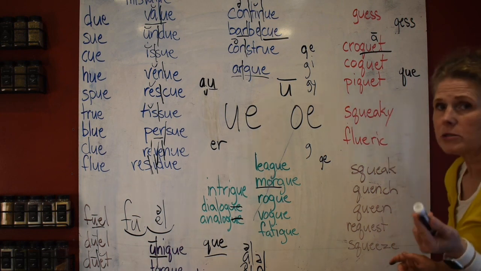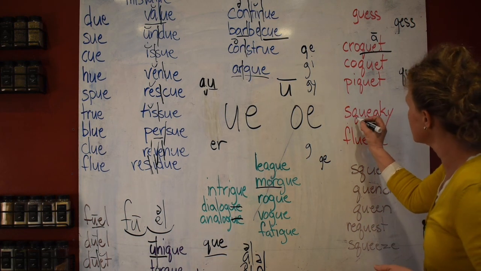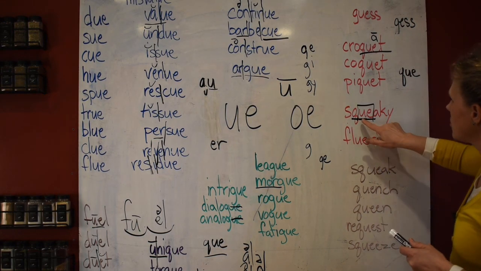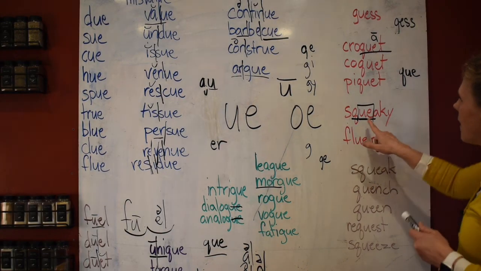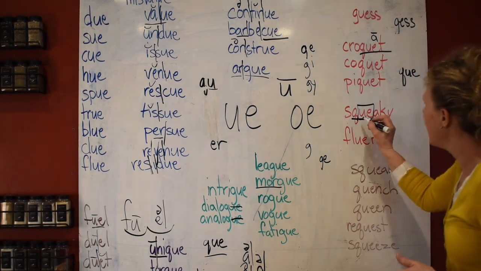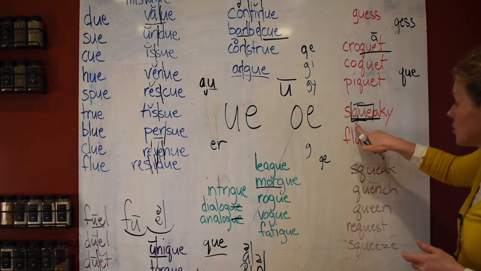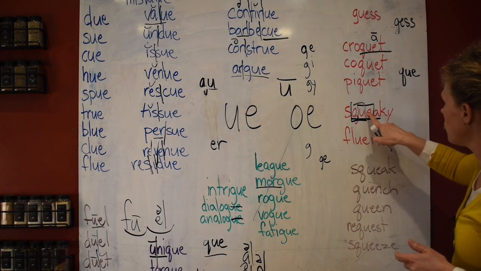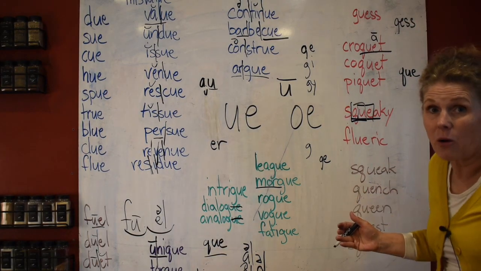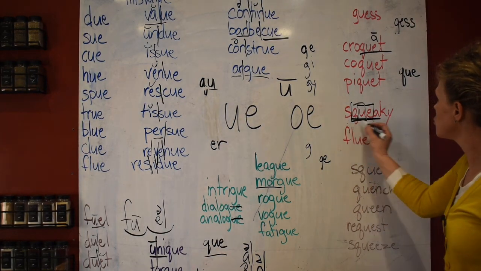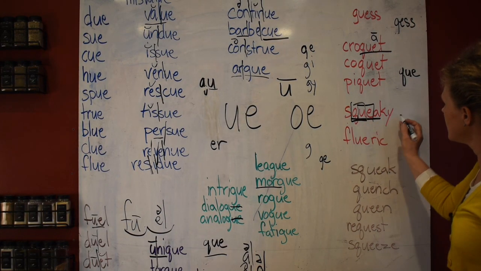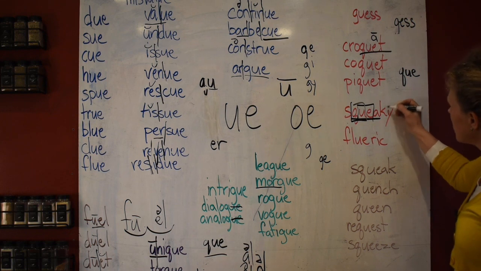So then you will also see words like this. It's a Q-U-E. So right here, you're going to see this UE right here, but that's tricky because this EA is the vowel team and this U goes with this Q. It doesn't go with this. This U right here is not even a vowel. This says squeaky, squeak-E. See how the Y says E? In this word, it's a vowel.